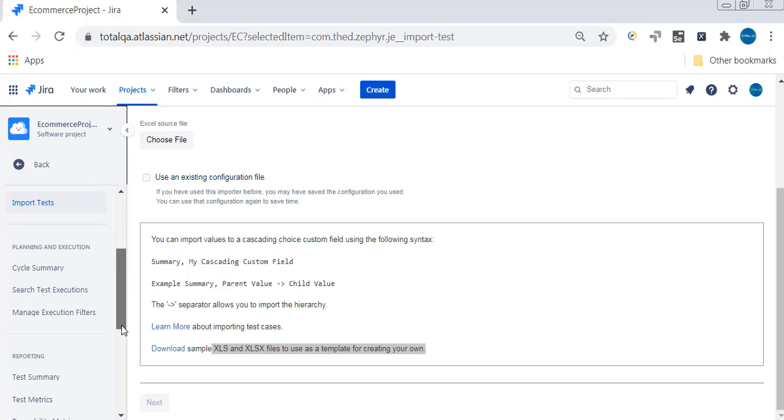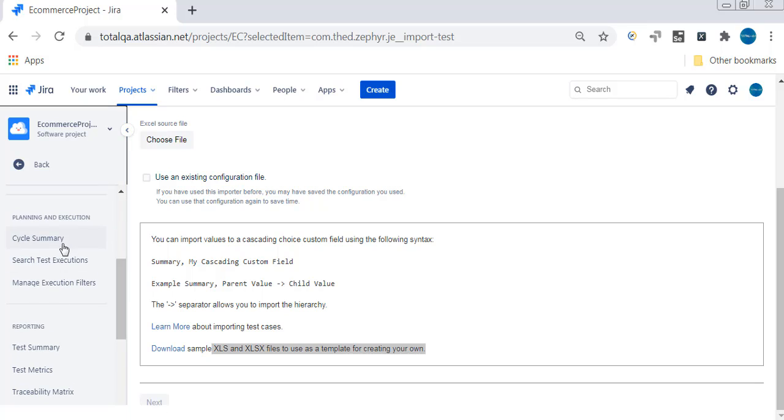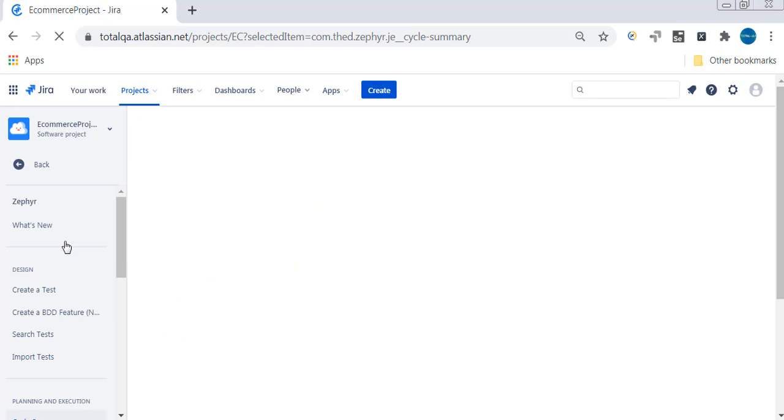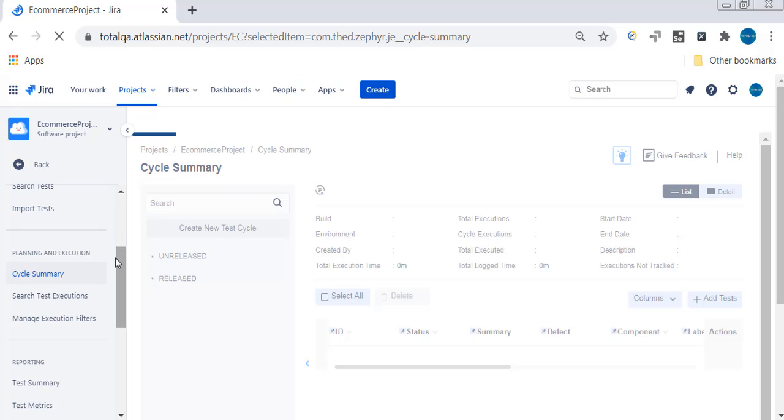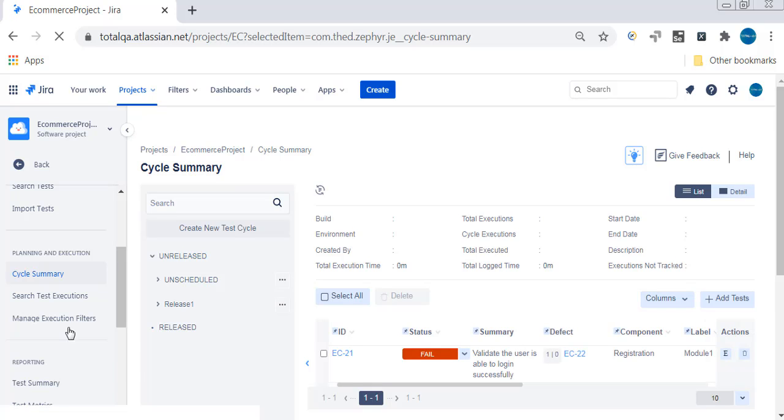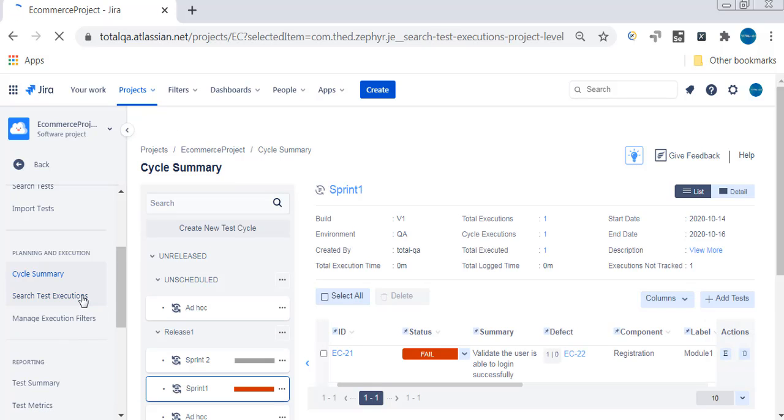And next point, one more thing here. You can see a lot of options, right? Cycle summary. You can see cycle summary. You can see test executions.